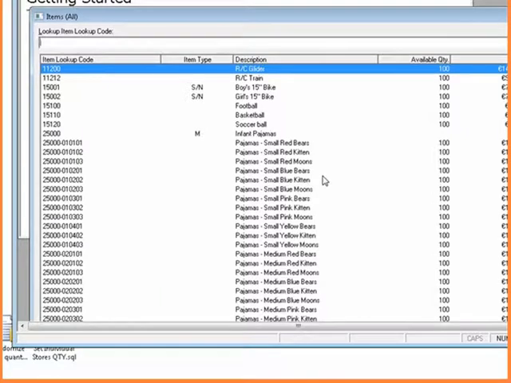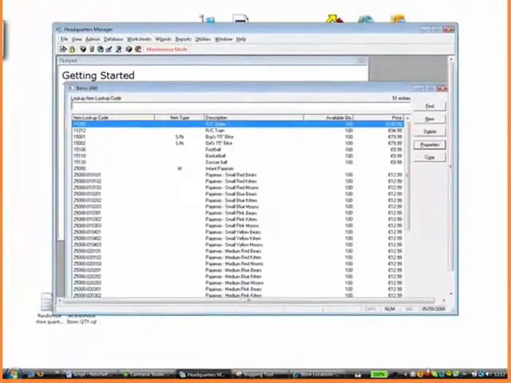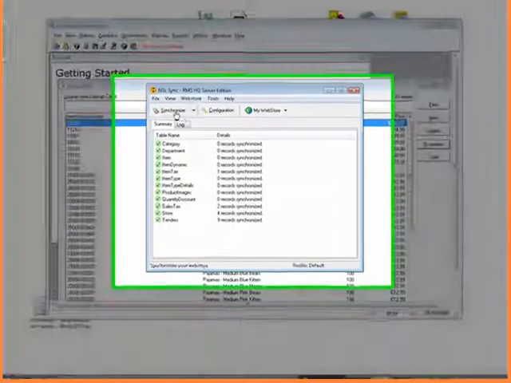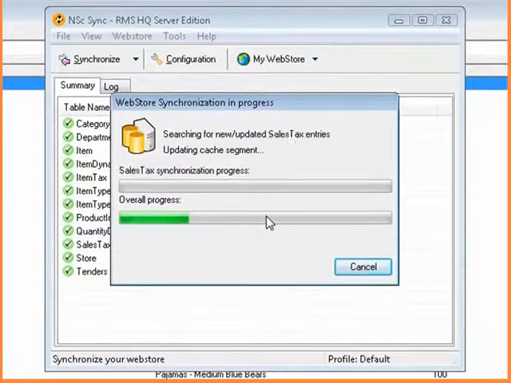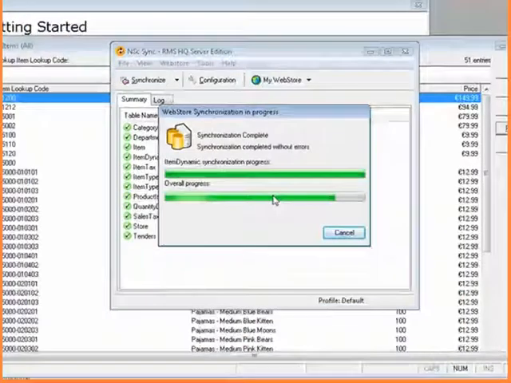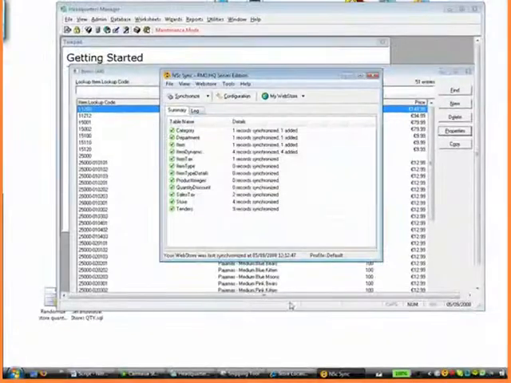NitroSync will automatically synchronize this information according to a time schedule, but if I want to do it immediately, I can simply open the sync interface and click on Synchronize and watch that individual data along with its departments and categories and all other associated data go up to the web store. Once it's up there,